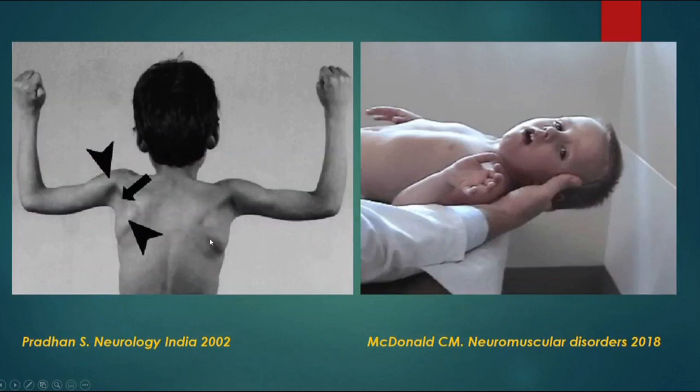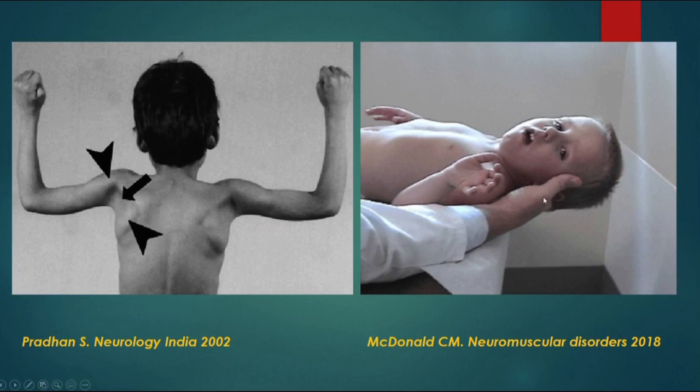So as I said, not only calf, but other muscles also can be involved in this pseudo-hypertrophy, like deltoid muscle and infraspinatus are other characteristic muscles that can be involved. This leads to the sign called valley sign, or valley between two mounts, because there is enlargement of the deltoid muscle and infraspinatus muscles, and the muscles forming the posterior axillary fold are wasted or atrophied. So this leads to like a valley between two mounts.